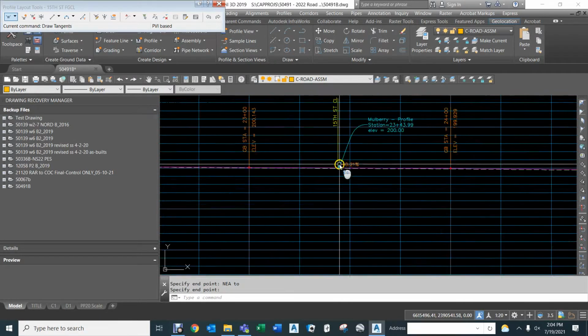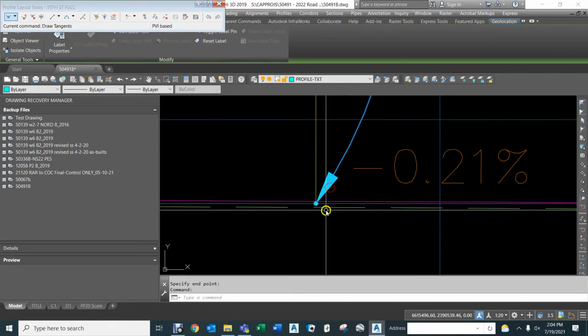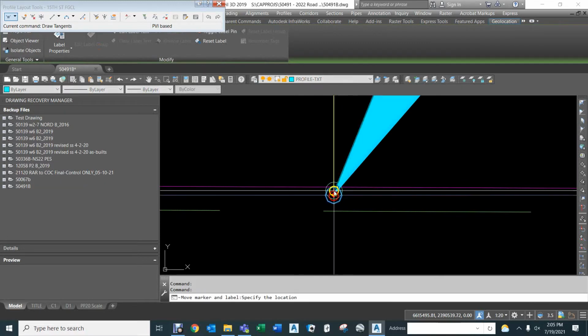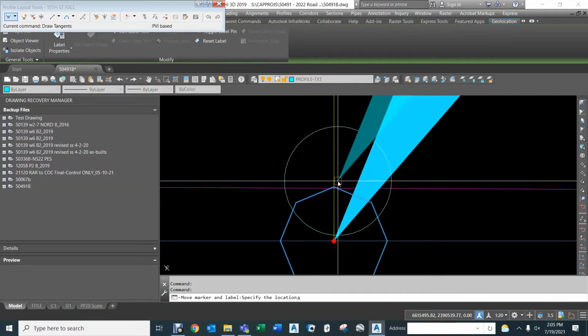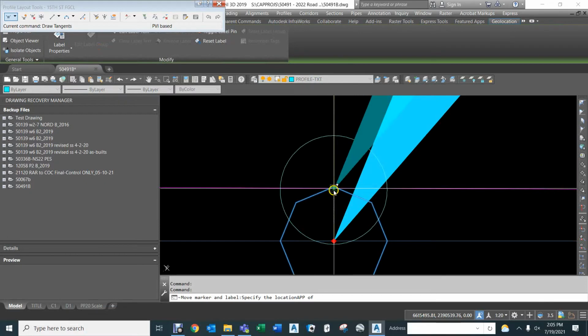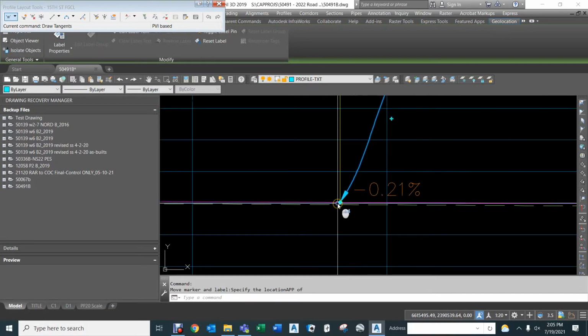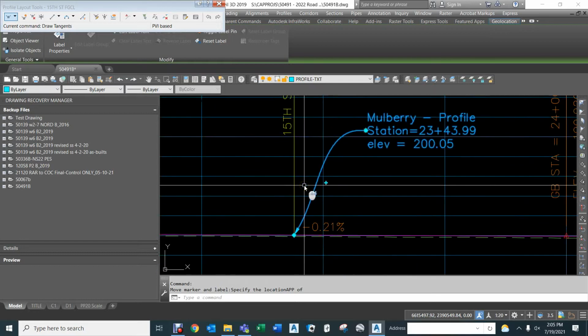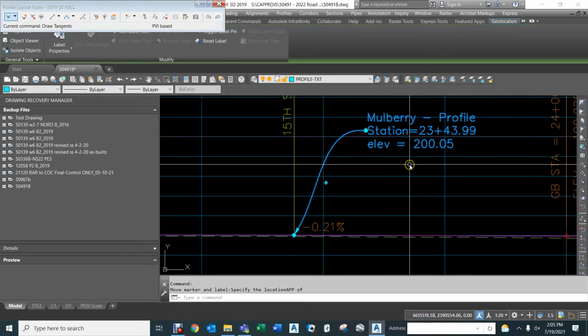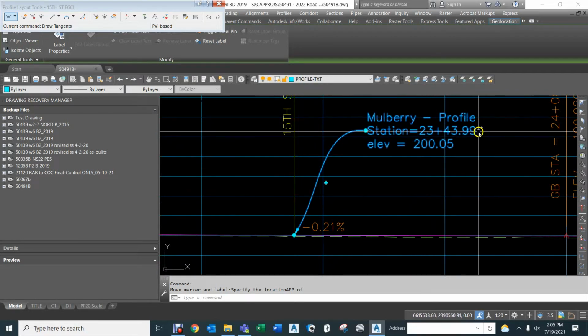This is 15th Street. And so if we take this guy right here and we move it to the apparent intersection of the yellow and the purple, that is the elevation of the center line of Mulberry. And we need to match that center line to the 15th Street profile at Station 100. And that elevation is